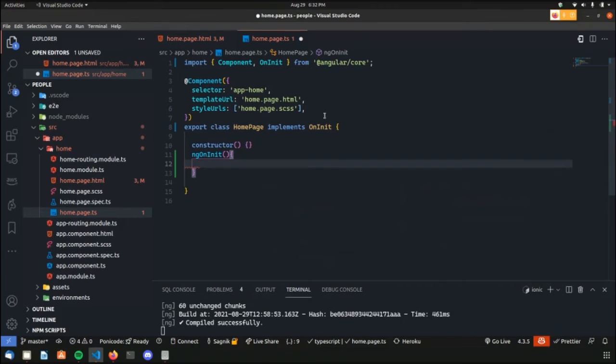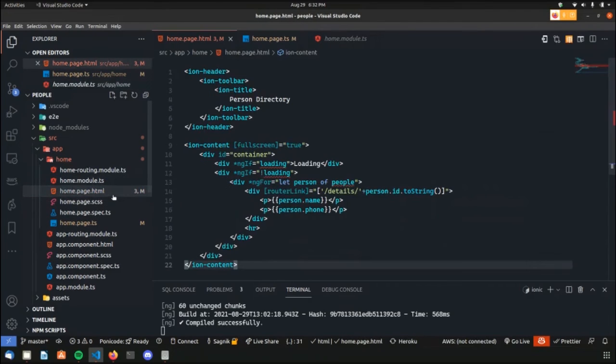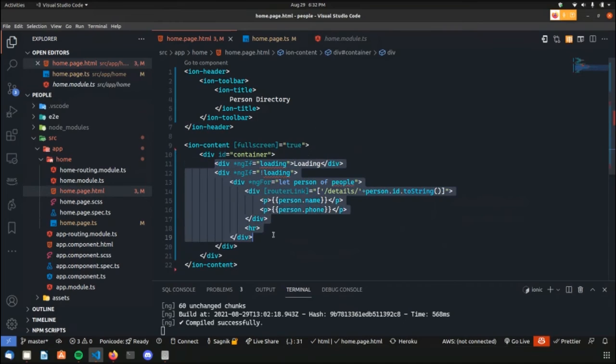Okay, so here I'll just print console.log in homepage. For now I'll just comment out this part, otherwise it will give me errors.